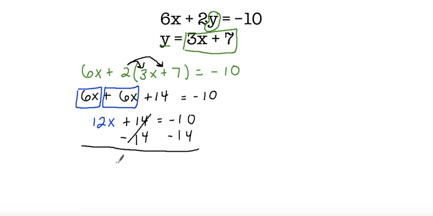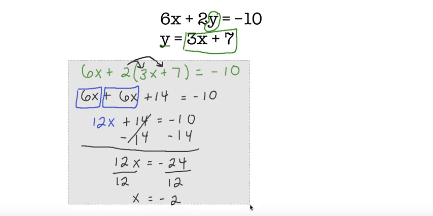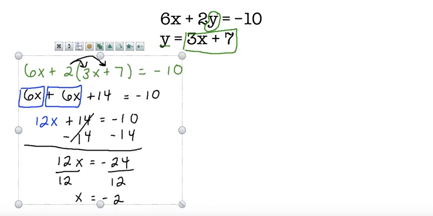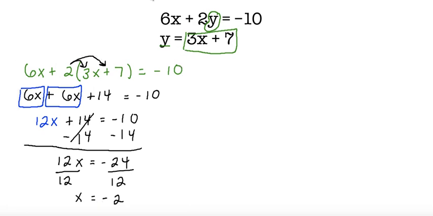So this cancels out, and we're left with 12x is equal to -24. And if we want x by itself, we do have to divide both sides by 12. So x is equal to -2. So I'm going to move this over. So both lines intersect where x is equal to -2, so we have to solve to see what y value